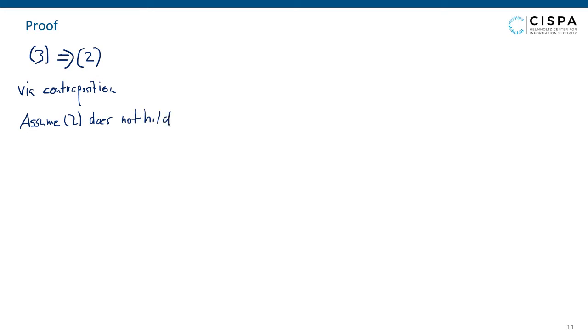Okay, what does it mean that 2 does not hold? Well, there exist messages M and M prime and a ciphertext C